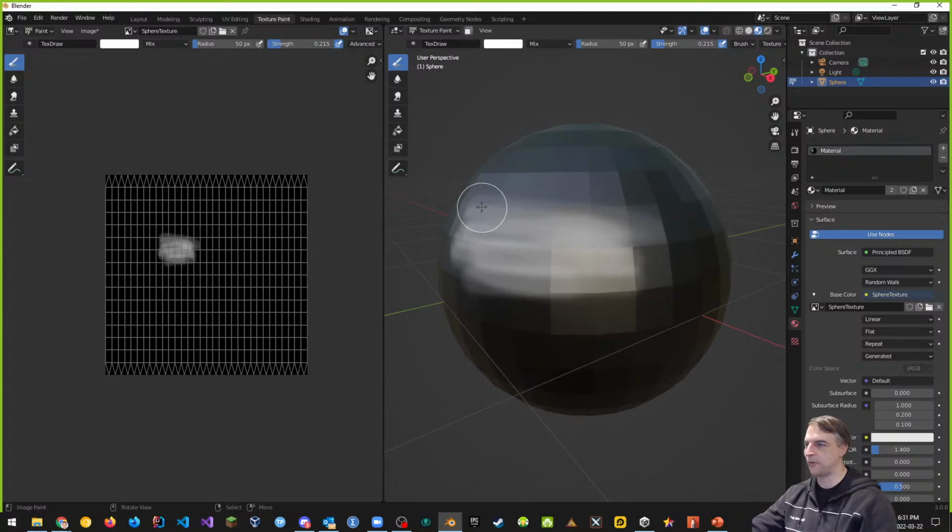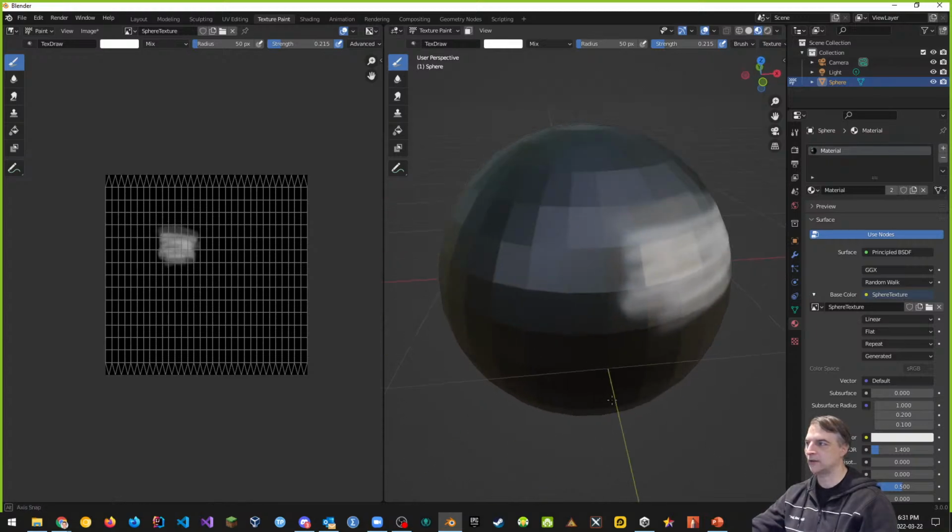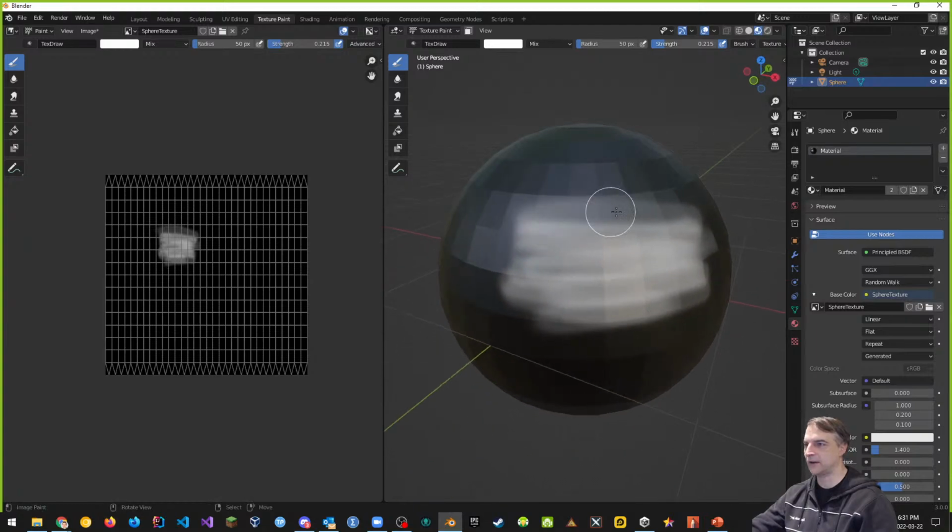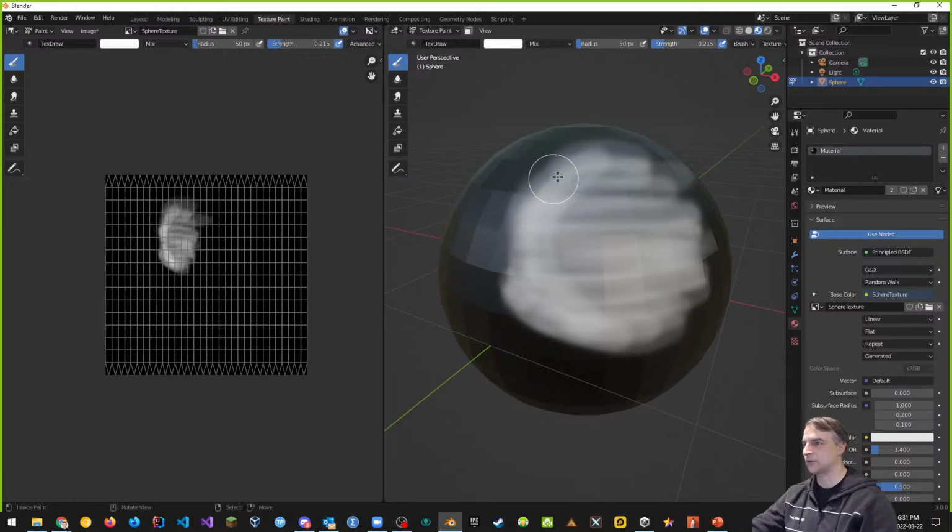So you can see that that part of the model is being changed. Once we have that, we can save our texture that we've just created, and we can load it into Unity. We can apply the texture to our model, just like that. So we can do whatever texture we want. Instead of loading a texture, we can create a texture that makes sense for the model itself, for whatever that